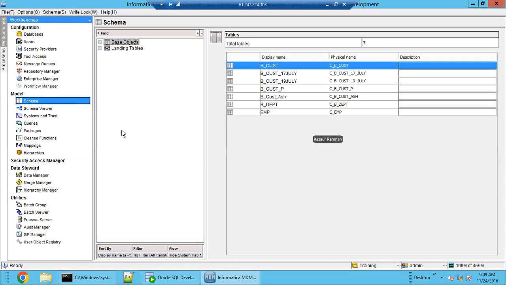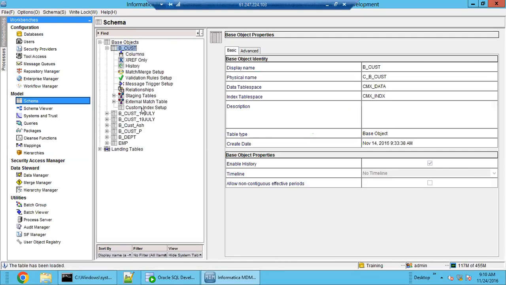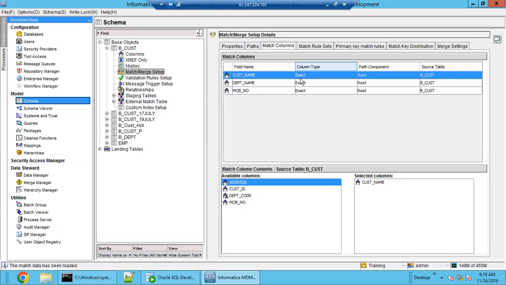In today's class we are going to learn tokenization and fuzzy match. In yesterday's class we saw how we can define the exact match. We can come to the base subject and recap yesterday's work. So here we have the match merge setup, and yesterday we selected some of the exact columns from the customer table